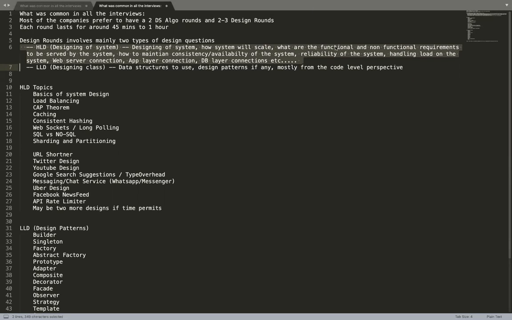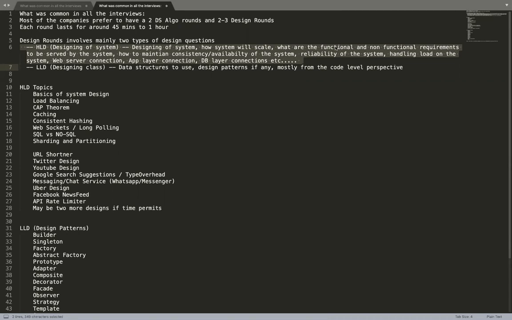Generally the questions on HLDs will be very vague, so you need to figure out what exactly you want to solve for. It's good in a way, bad in a way. Good because you have the power to drive the interview. If you know that you have expertise in a particular area, try to propose a solution or come up with requirements which you will be able to satisfy with your area of expertise.